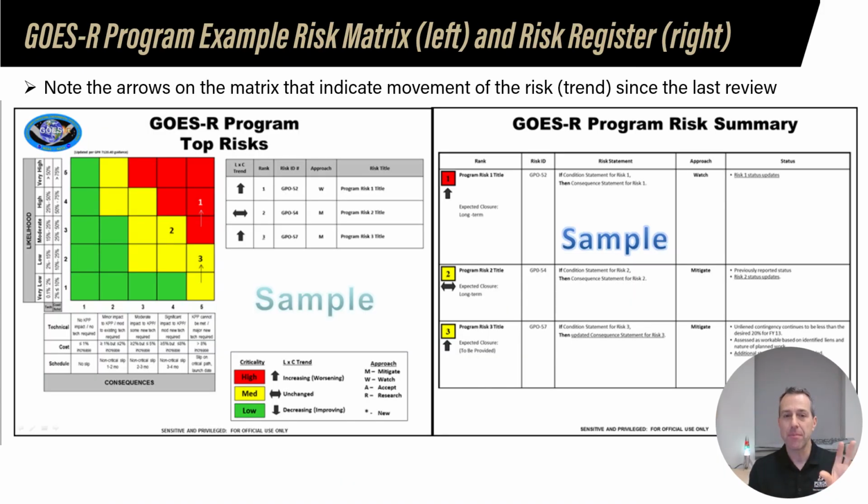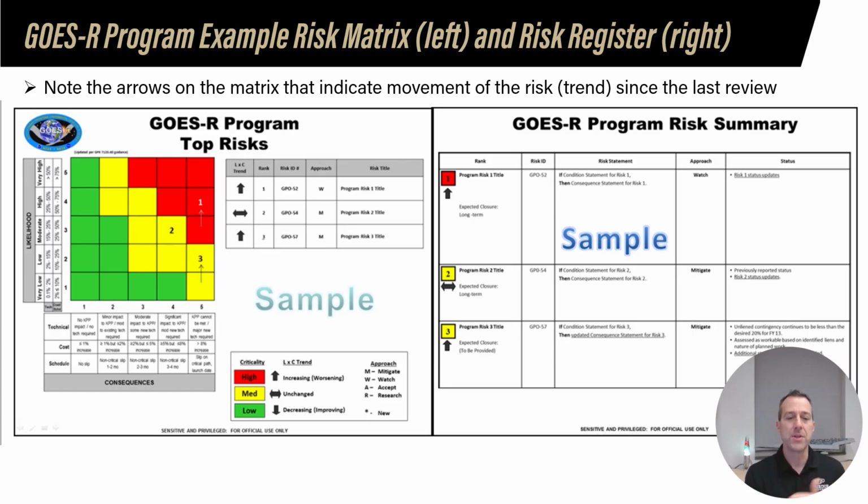In addition, they provide this, an example of their risk register on the right, and then the top program risks that are all summarized on the left. I want you to notice a good practice is, as you get in the habit of reviewing your program with whoever the program review authority is, which is often at least on a monthly basis, depending on the size and speed of the program,